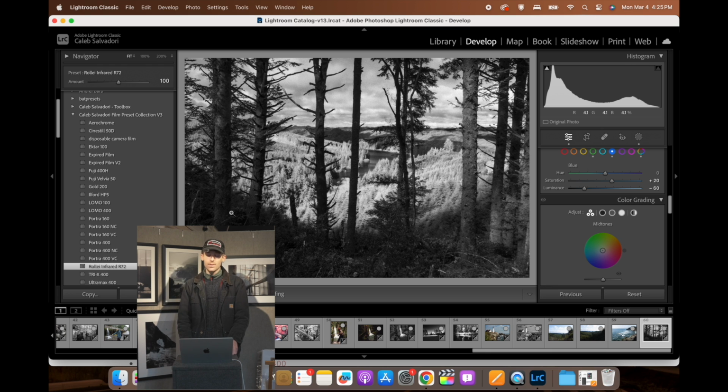You can research online for why infrared does what it does, but I shot 3 rolls of the Raleigh infrared recently, and I had so much fun with it. I thought it was such a cool film stock that I wanted to mimic it as a film preset as best as I could. And so